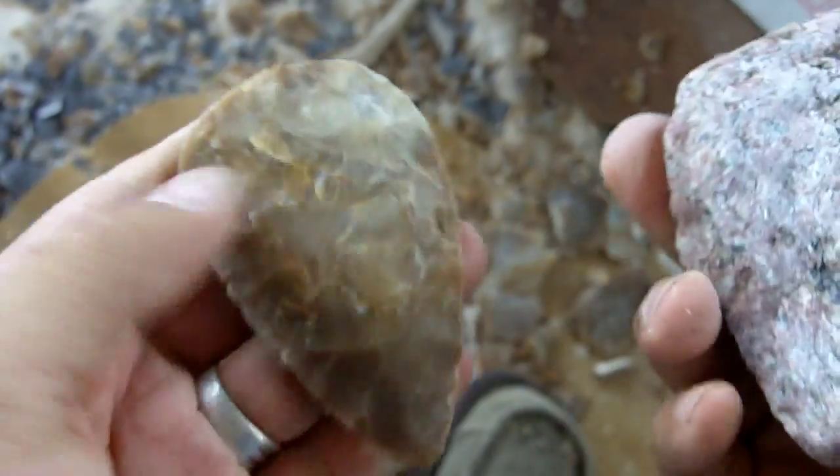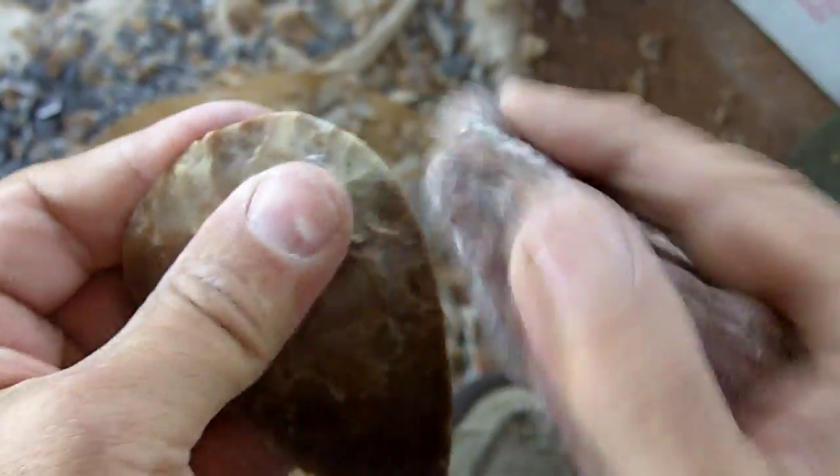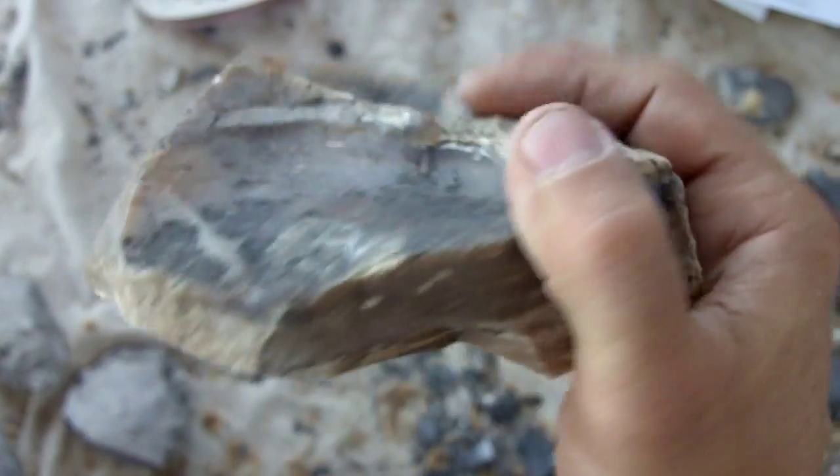I was hoping to get a corner tang knife or something out of one of these pieces. I'll probably have to use the other slab over there to get a corner tang. It's very similar material. Well, it's the same type of material. Much bigger piece, so hopefully it'll be